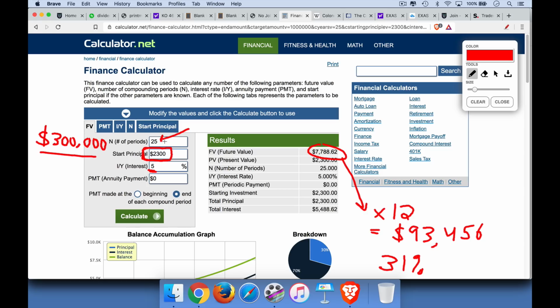You're going to hold it for 25 years. You have about 25 years to retirement. And let's say that you can increase the rent 5% a year. Well, after 25 years, the monthly rent, if I've done this correctly, and I think I have, and this is obviously rental increases once a year, 5%, the monthly rent will be